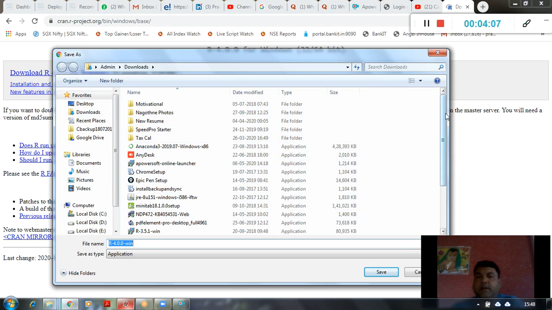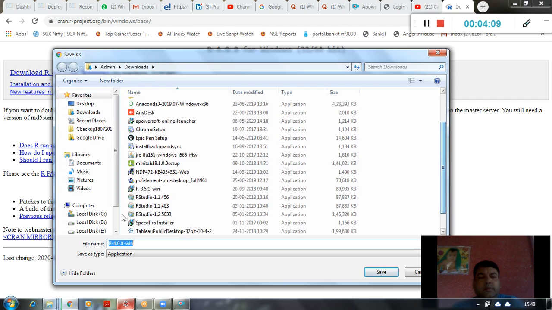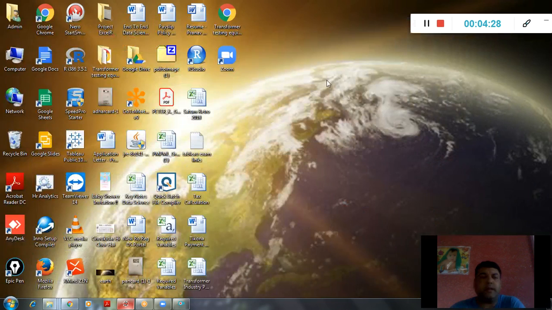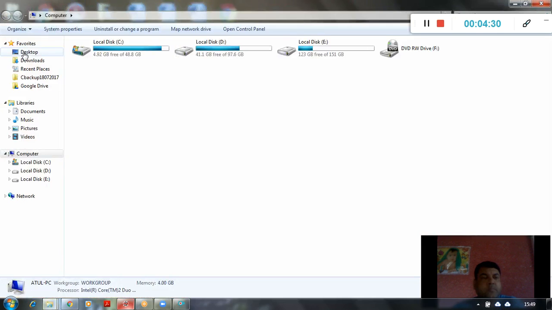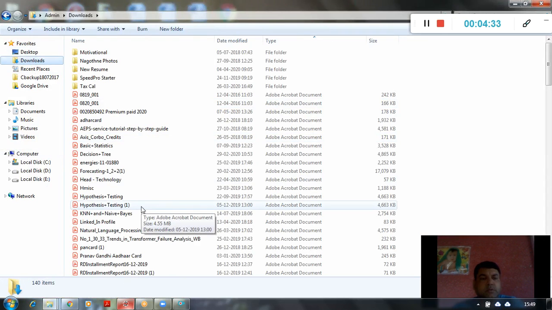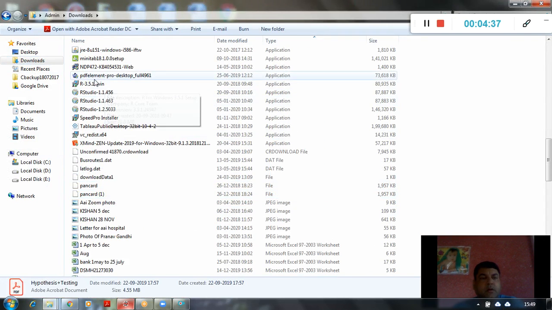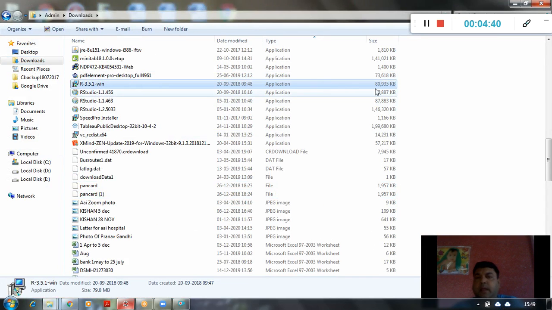But as I have already downloaded, you can see here R 3.5.1. This is an application I downloaded in the year 2018. Now the upgraded version is available, so one can save this file and then simply go to that path, that is downloads, and click on that particular application.